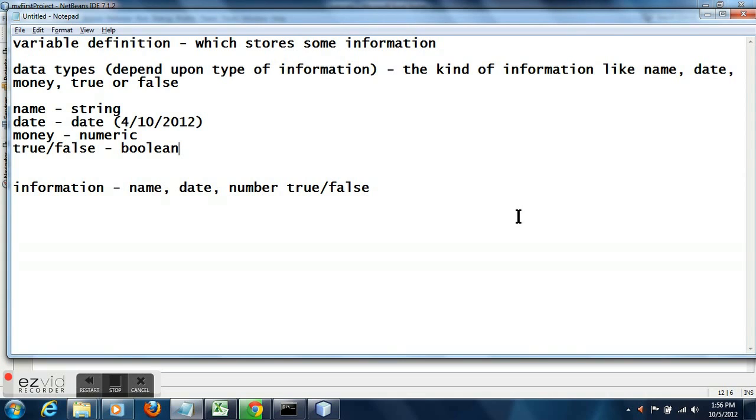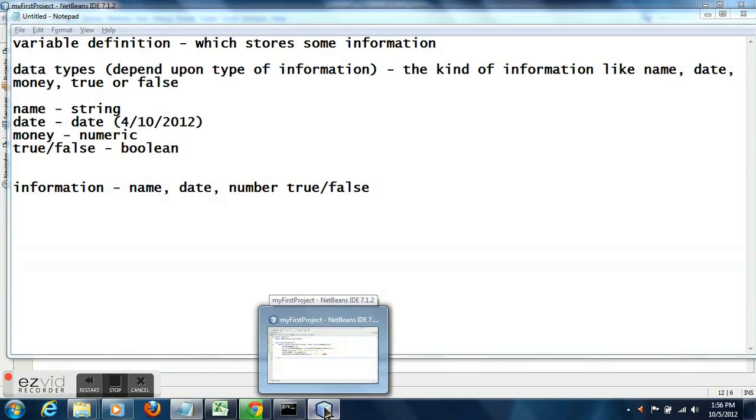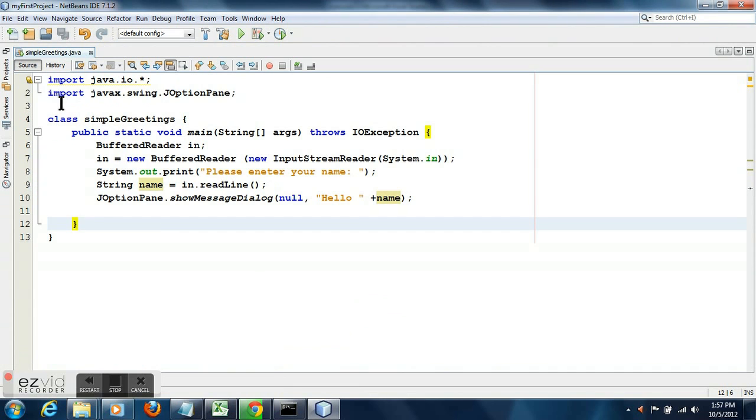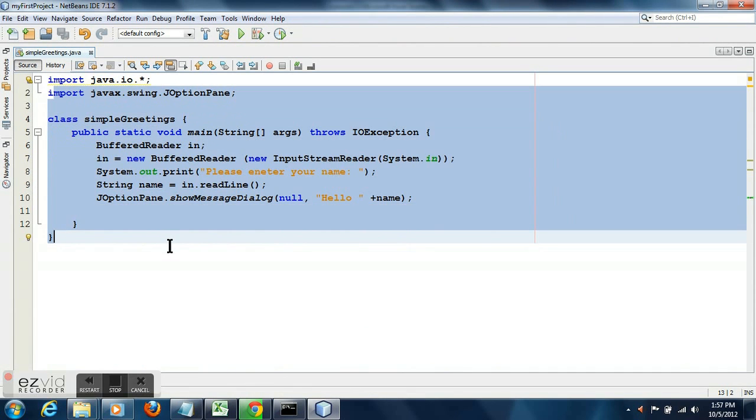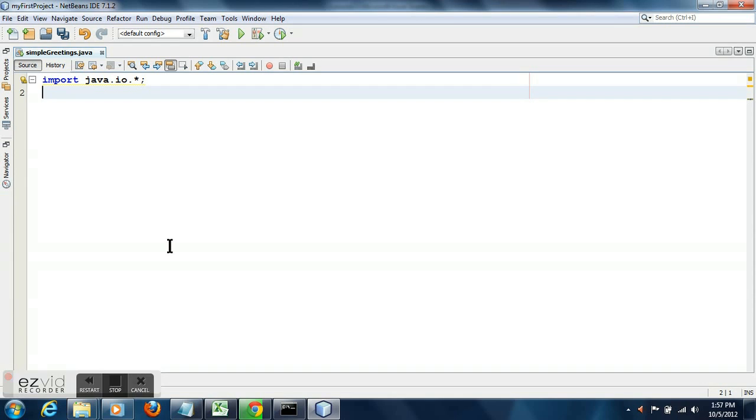So I have given some examples of different data types. Now let me write a simple program explaining the different data types. I will use the same template as I used before, so that I don't have to create a new file every time.